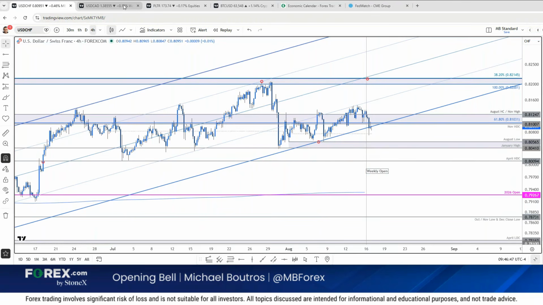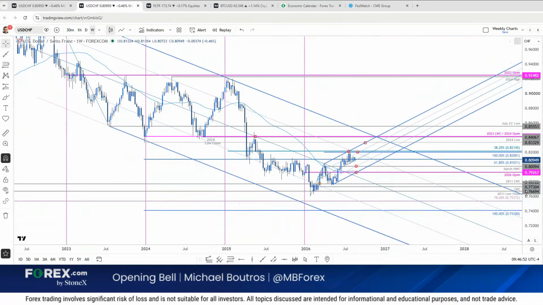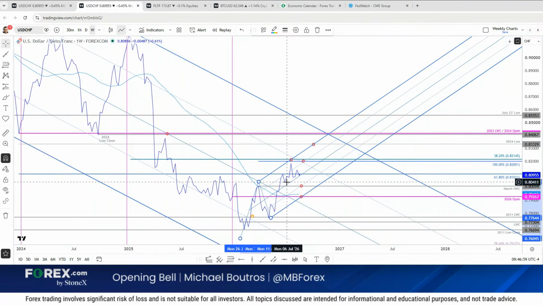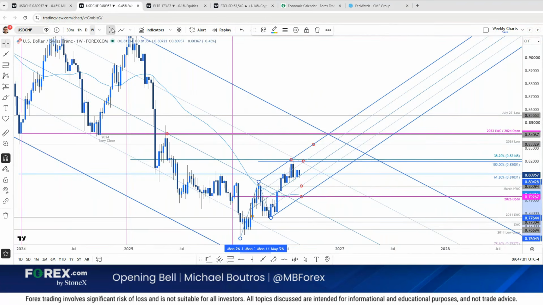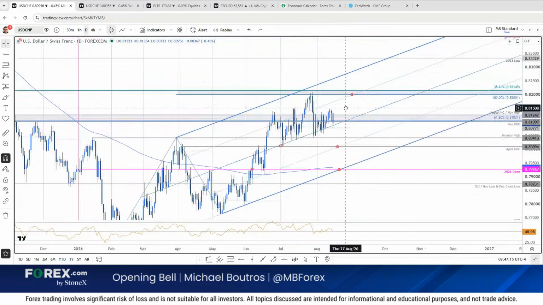So the monthly range is preserved right above the upslope. I want to bring your attention really quick to the weekly charts, because this thing has been ridiculously clean. I know this looks kind of messy, but if you zoom in, look at that slope, guys. We've been sitting along that upslope for weeks now. So it's crunch time, right above uptrend support. We've been straddling 81, which was a major pivot all last year. We've been straddling that now for 5 weeks.